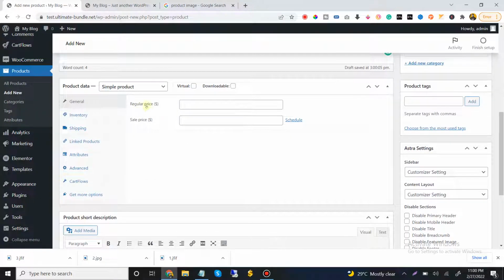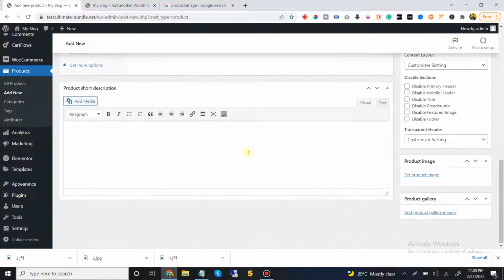If you scroll down here, you can select the price, a regular price and the sales price. Let's say you are trying to do a promo. If you have 20,000 here, you can add 10,000 here. So it's going to slash this. It's going to cross out the 20,000, showing that the product is 20,000 but you are selling it at 10,000 naira. That's where you can add the price of your product, and also you can add a short description here, and here